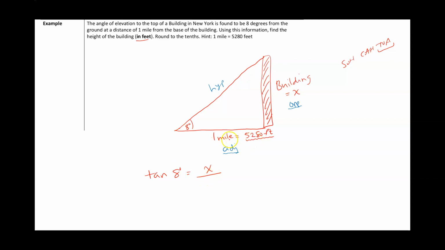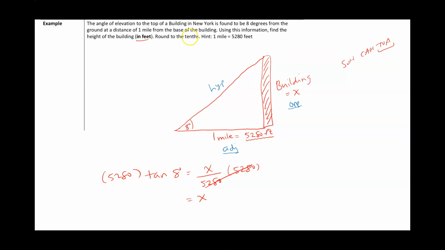And again, we don't want to use 1 mile because we want the answer in feet, so we're going to use 5,280 feet. If you want to solve for x, the inverse of dividing by 5,280 is going to be to multiply by 5,280. So we're going to get x equals tangent of 8 degrees times 5,280,